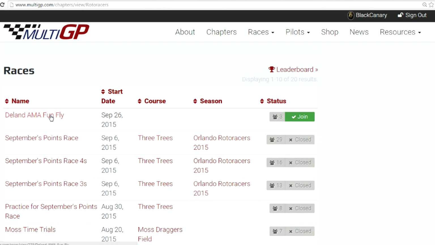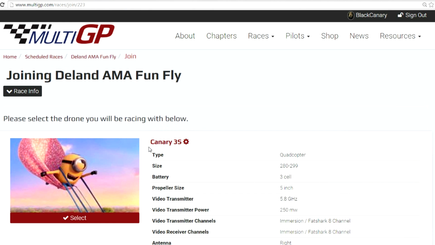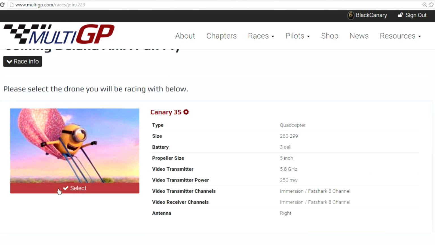So I would like to join this upcoming race in DeLand. You're just going to click on it. It's going to tell you the date, the time, the information of the race, and then you're just going to RSVP right here on the right hand corner. Just going to click on it, and you're going to select your multi-rotor right here where it says select,